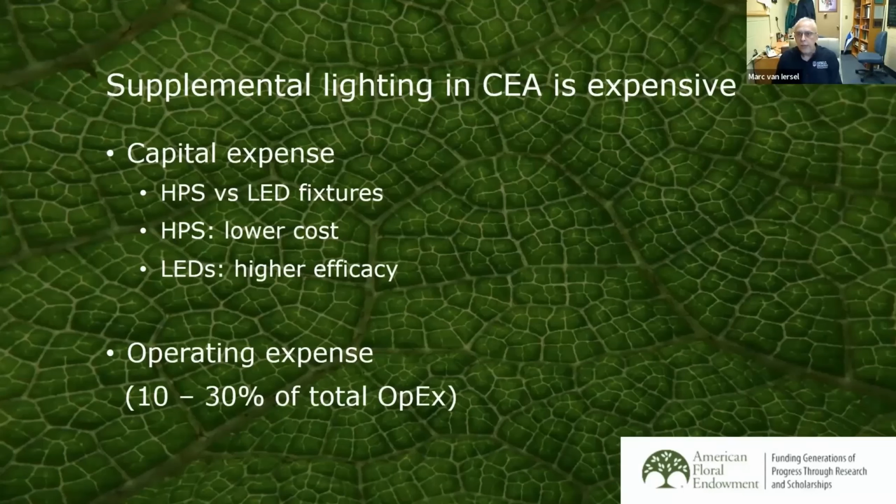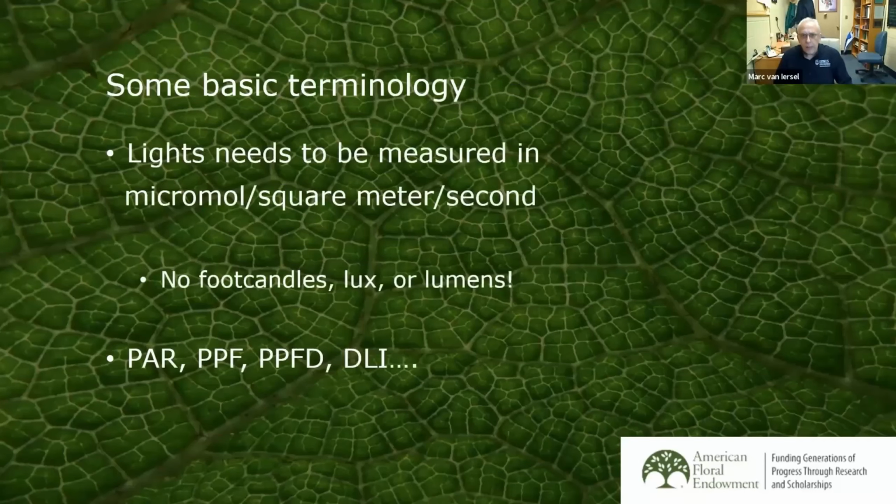So before getting into the nitty-gritty of how we can actually estimate what the cost of this supplemental lighting is going to be, I think it is important that we start off by defining a few basic terms related to lighting. And first of all, that relates to how we actually measure light in horticulture. So when you are talking to a lighting company and, for example, discussing a design, make sure that the information that you get from that lighting company